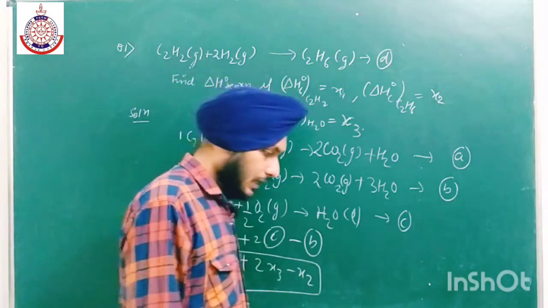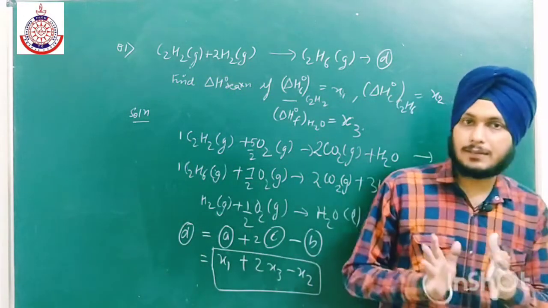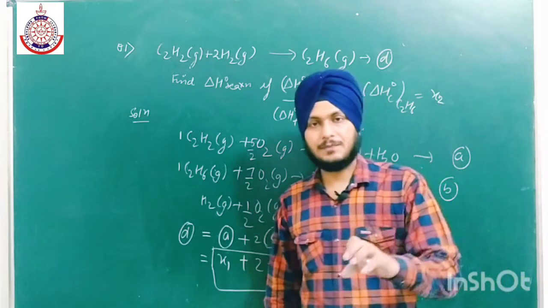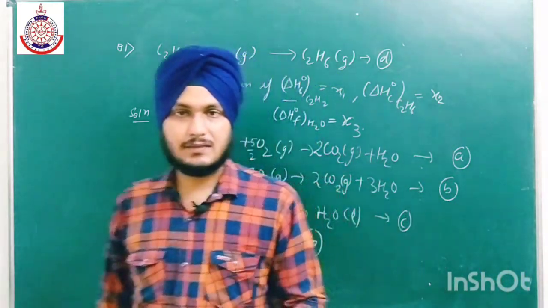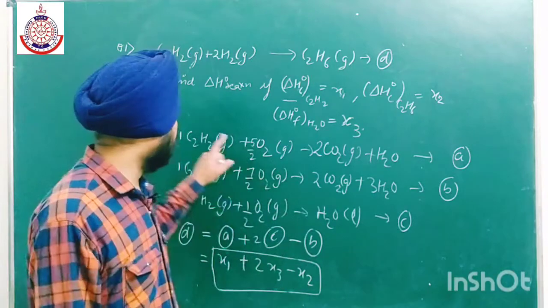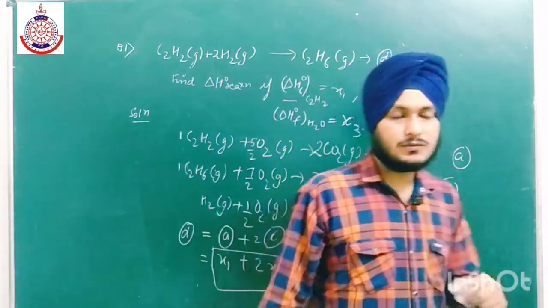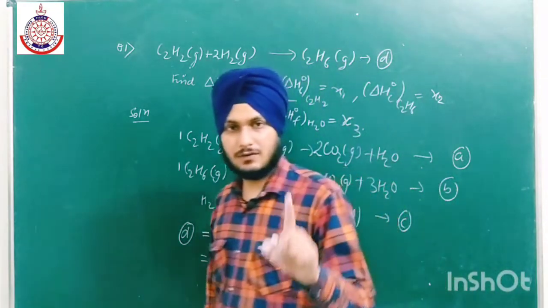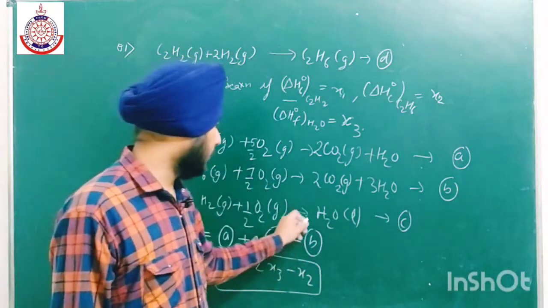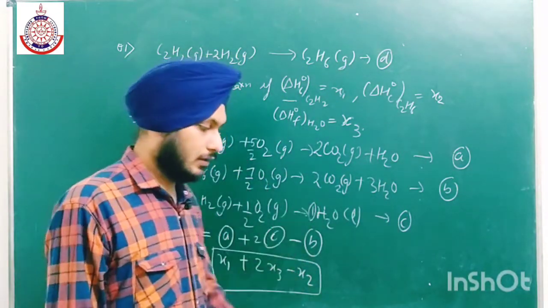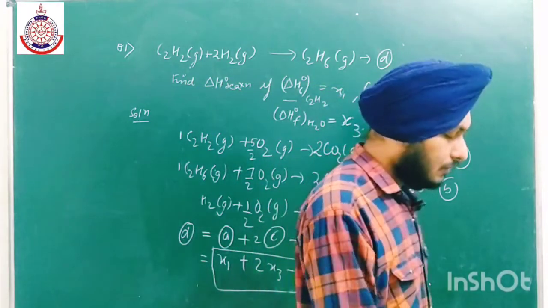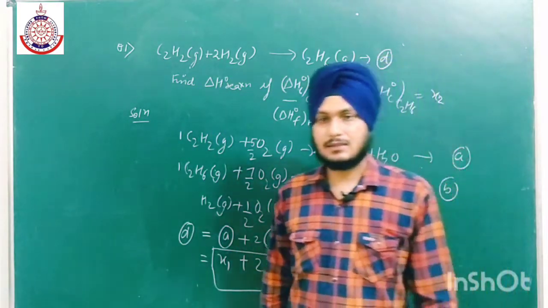Okay, so we have to write the chemical equations. If delta H of combustion is given to us, then we have to take 1 mole on the reactant side, and if delta H naught of formation is given to us, then we have to form 1 mole of product, like I have formed over here. Okay, so we will also discuss some numericals in the next class.